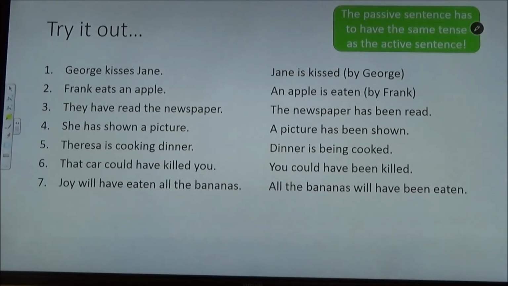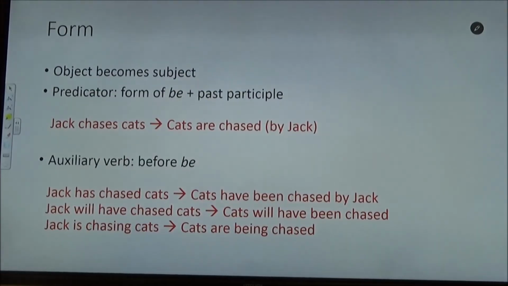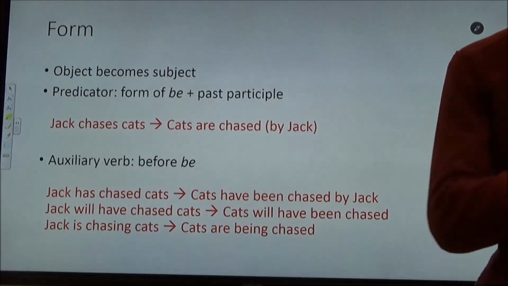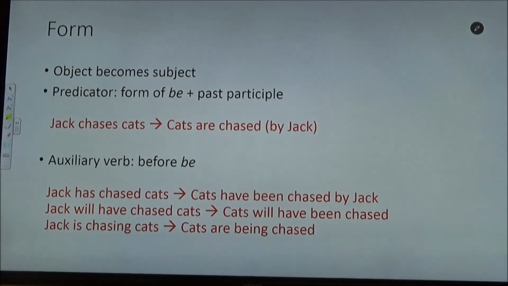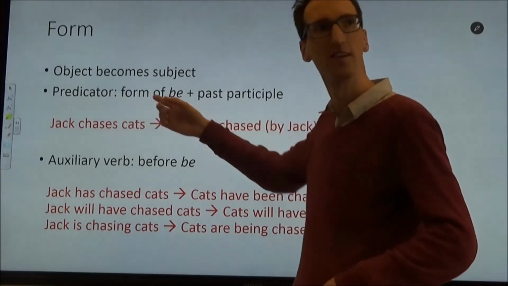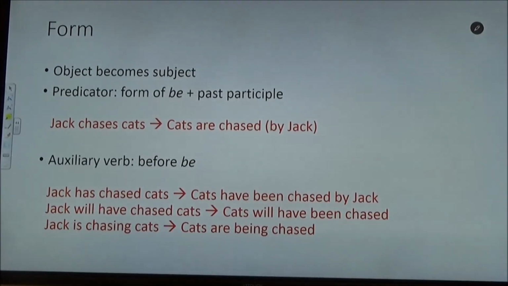Shall I show you? The first thing to do is to make the object the subject. So Jack chases cats becomes cats are chased by good old Jack. Cats is the object which becomes the subject. Then what to do with the predicator? It's very easy if you just follow these steps. The predicator is a form of be